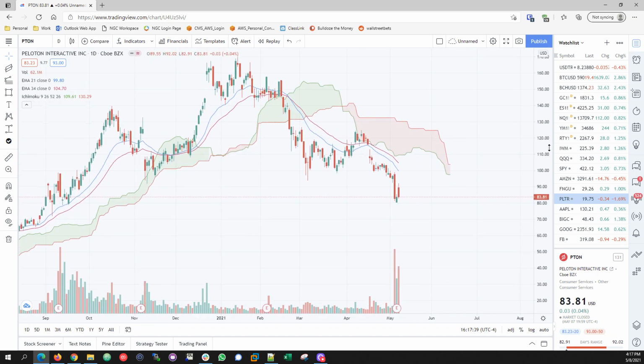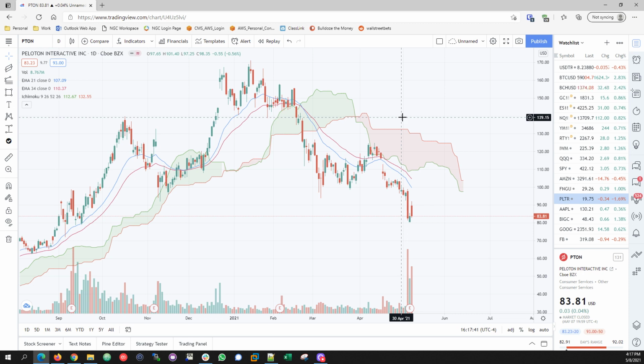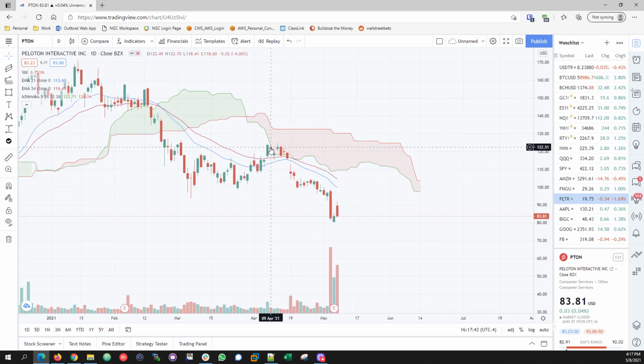When I talk about the Ichimoku cloud, you see how important that is. A retest below the cloud, I was like, all right, maybe it's flagging, it's going to go up. Bam. And then it was a nice reaction on Friday. It was going to 92. That's pretty good. And then they killed it down.